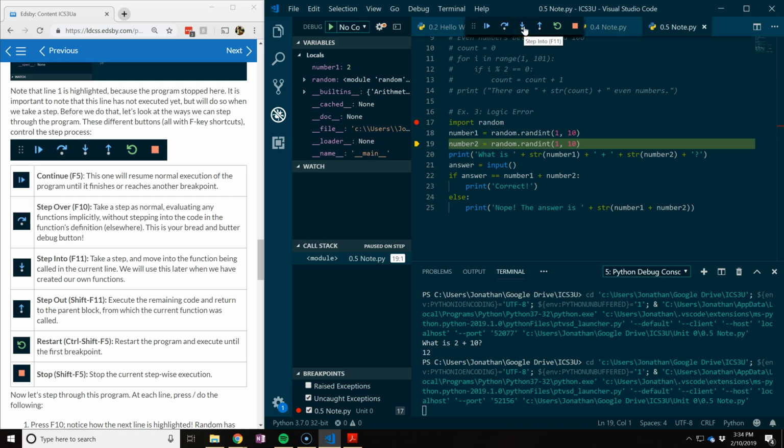Now you can actually do the same thing with step into, right? What this will do, however,